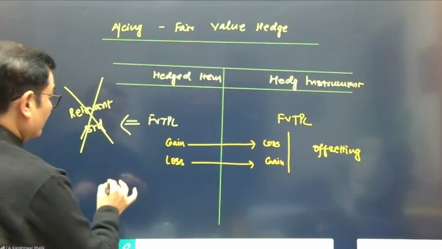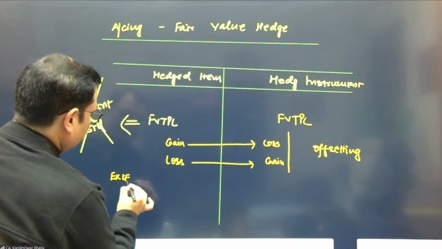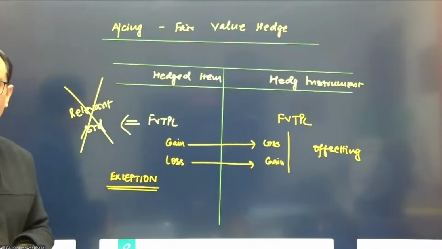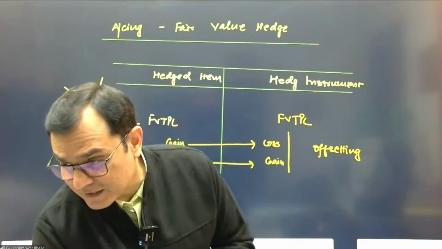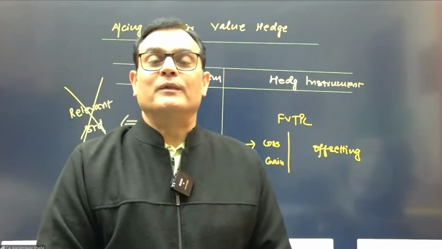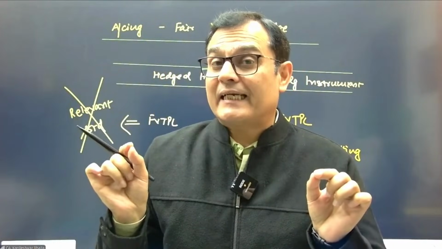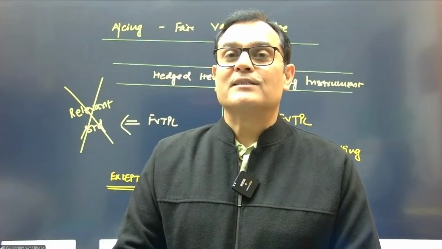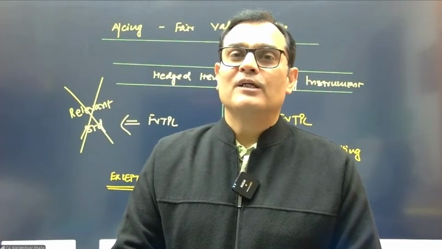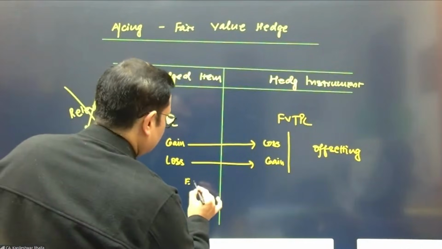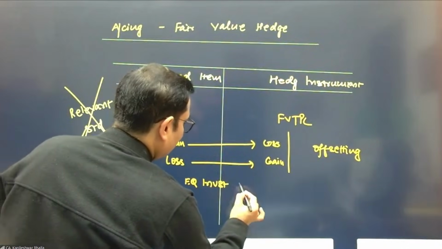Okay, so this is one. Now, let me give you another interesting input in this case, and that is what is called an exception. Now, you will love the exception which is given in the standard. The standard setters were very interested in one thing. Equity investments at FVTOCI. Oh my God, if you bring them under the concept of hedging, I'll overrule the hedge accounting itself. So the exception is if you've got equity investments at